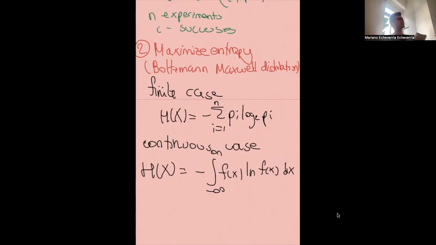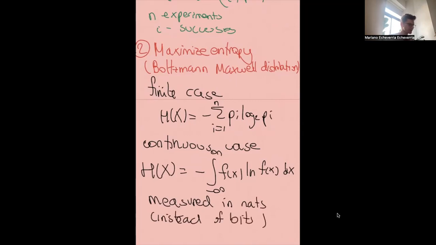So in fact, it's kind of a weird name: instead of bits, you call them nats. That's the unit of measurement in this case, measured in nats instead of bits. But again, qualitatively, it doesn't change too much. Okay, and then